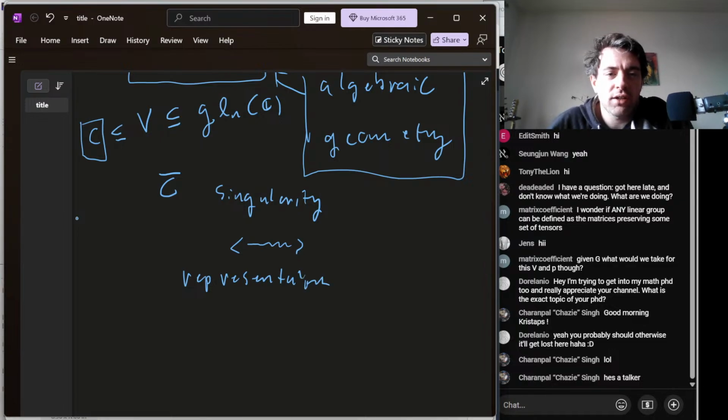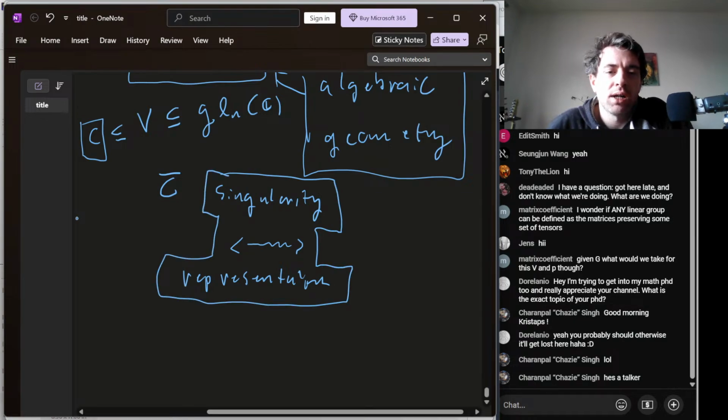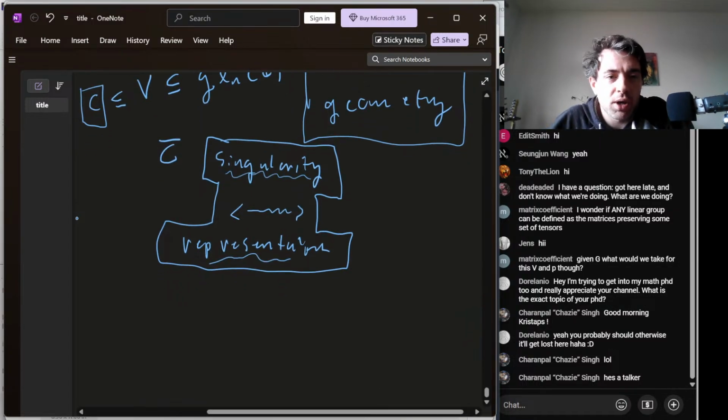So the idea is, I can learn about representations of my original p-adic group by understanding the singularities of these things. So what does that tell me? I mean, that tells me stuff about one way of building